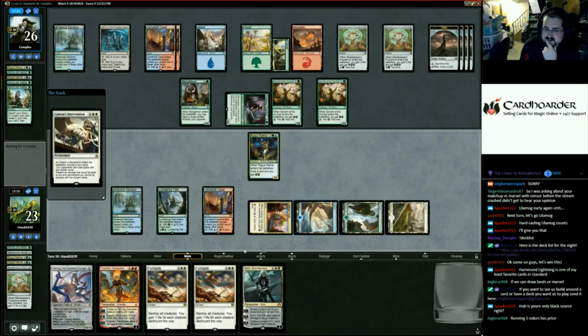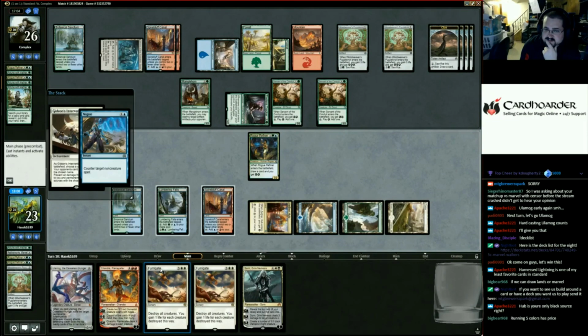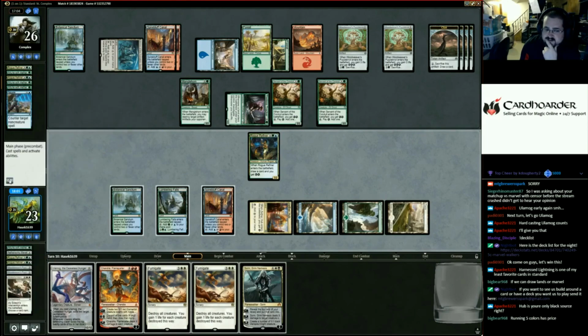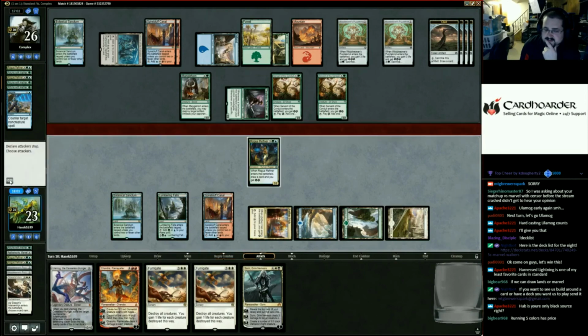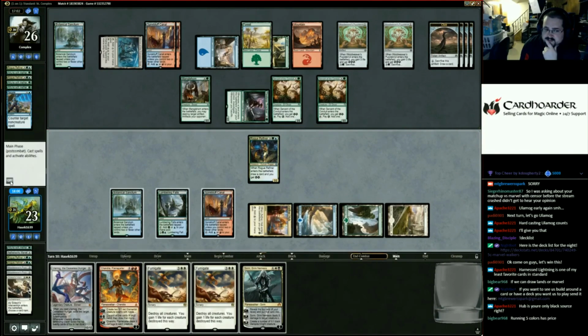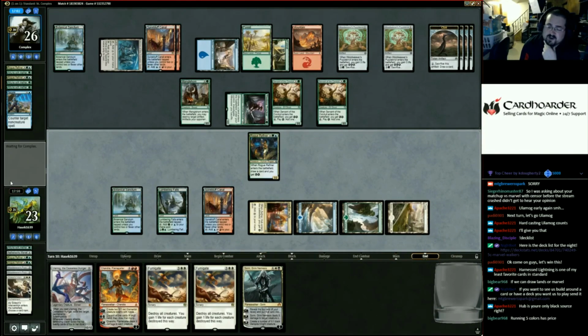See if they've got a negate. Really bad here. They're probably cracking a clue. Oh no, nope, they do have it. They have negate. That's fine. I mean, they blew negate on that and not a board wipe. So now he's got to hope there's no...